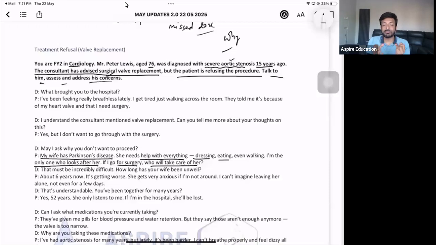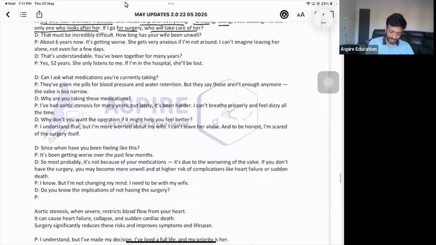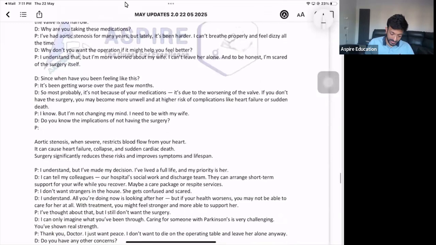It's going to be, and you will see the patient is going to be convinced easily, I would say. Take a bit of history in the sense of which symptom of Parkinson's she has got, but don't go into too much detail there. And now what else can you do? So you've got the reason.